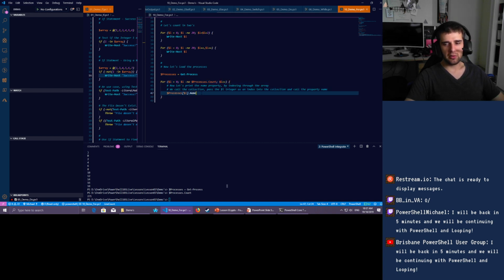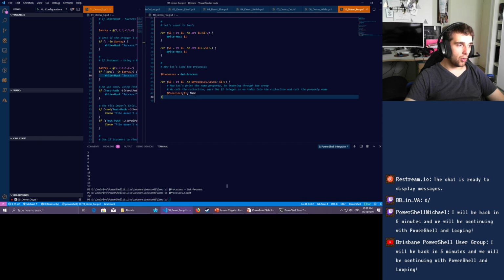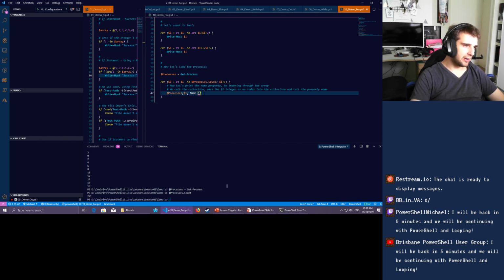But this is a different way of doing it, and essentially there's many ways to do it, but this is just another way of doing it. We're going to print the name property by indexing through the array. So we're going to call the collection, so this is our collection here. We're going to pass the I integer as an index into that collection, and we're going to call the property name. So remember how when you have a square bracket after an array, let's say array, and you specify an